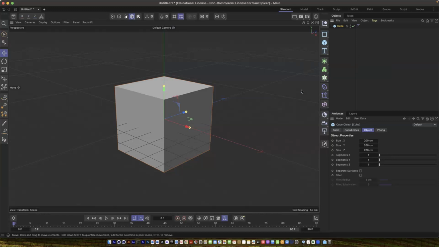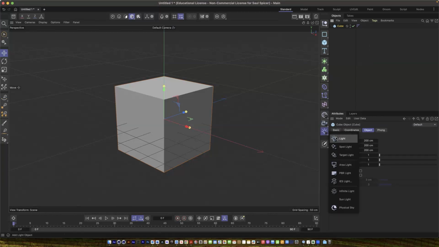I'm just going to be going over the basic tools right now, and as we get into Cinema 4D, we'll be going over more complex objects. But as you can see here, we have a camera tool where we can create a standard camera or a motion camera in more complex cameras. We also have